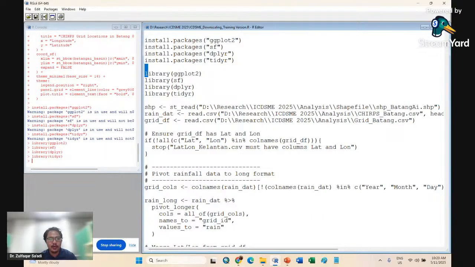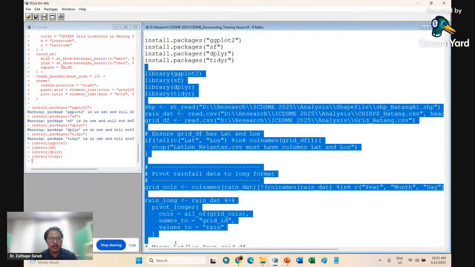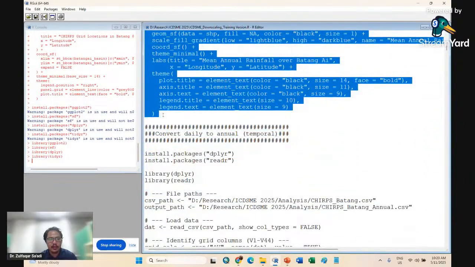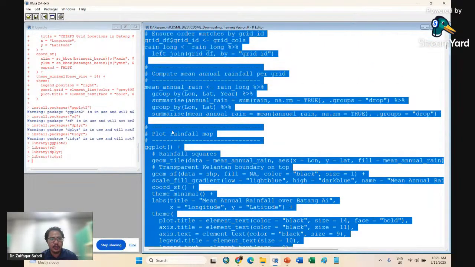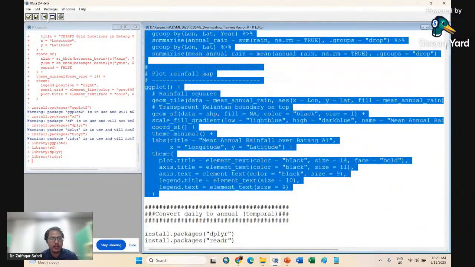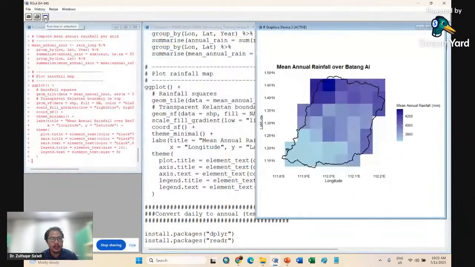Now from library until down there, you can highlight. If there is something like this written down there, that is another section. You stop. Then you highlight this one, only this code within this section, and then you can run line or selection. Now you have